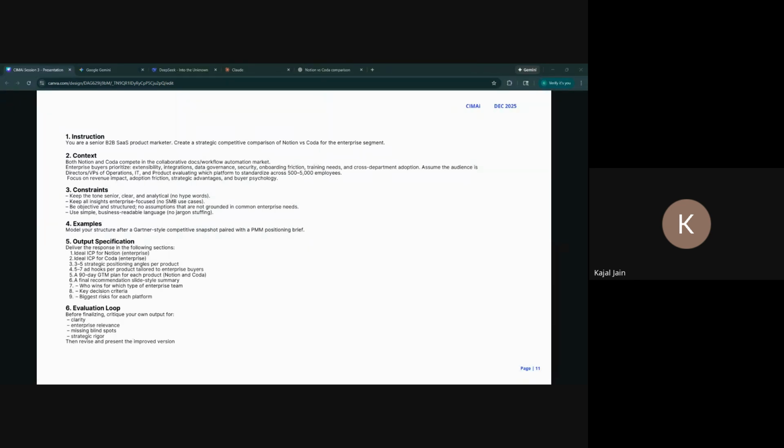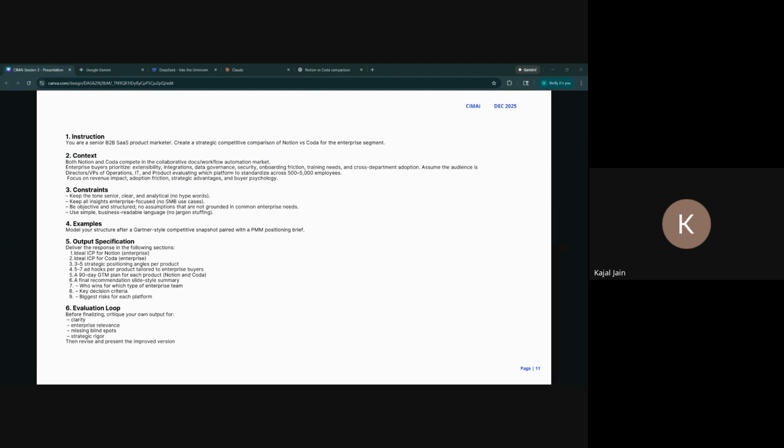I have mine populated, and I'll throw this in the chat too, but feel free to tweak it however you want so we can all get slightly different outputs. Let me first throw this in the chat so you can see on your LLM the difference in details. All right.